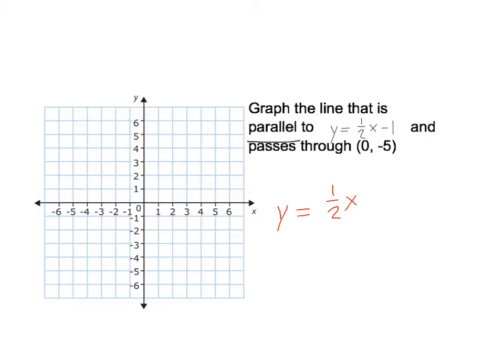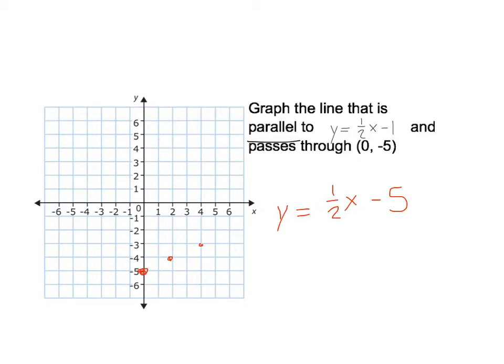But what's the y-intercept? Well, let's think about this point. This new line passes through (0, -5). So if I graph that point, it'd be right there. And that point is on the y-axis, so that point must be our y-intercept, and it's negative 5. The y-coordinate of that point is negative 5. And so then if we graph this, I'm going to start at my negative 5, which again came from there, and then I'm going to rise 1, run 2,